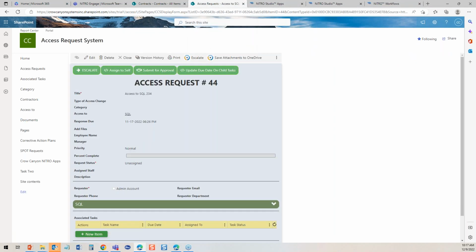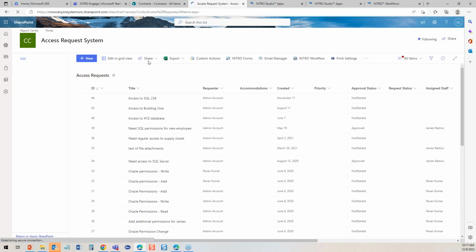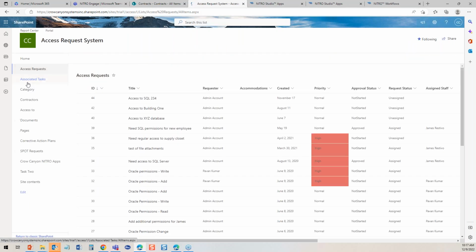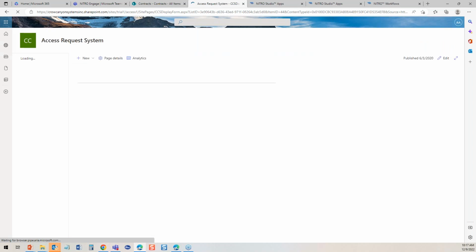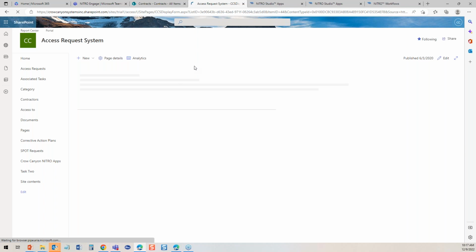Let's go to a system that's already been developed somewhat in NITRO Studio. This is an access request system. You start with a simple list, just a SharePoint list. Then you start building forms on top of it and workflows, and all of a sudden you have an access request system that can handle whatever kind of request you want to make. There are requests for access to a building, or to a database system, or to whatever you need access